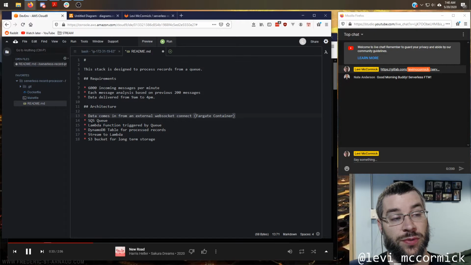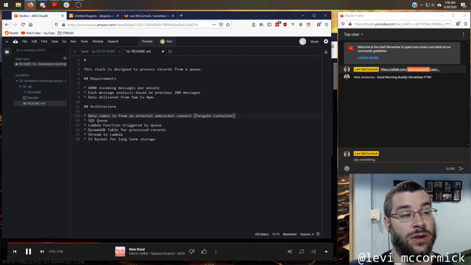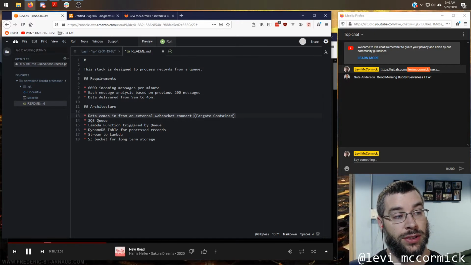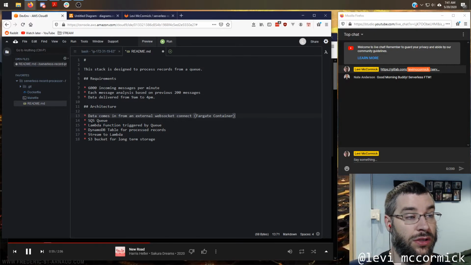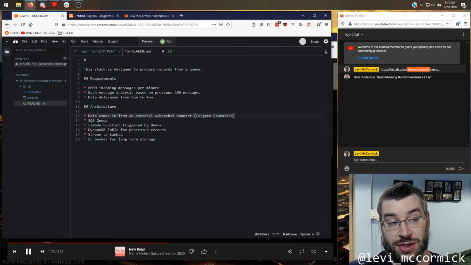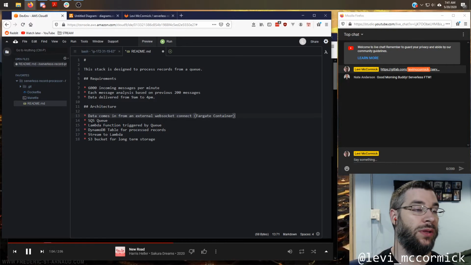So assuming we're going to go with a Fargate container, you can use application auto scaling and the timed scaling events in there to maybe scale this thing down after 4 o'clock. So now you're not even paying for that Fargate container. And then you schedule the scaling, spin back up in the morning.